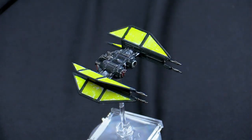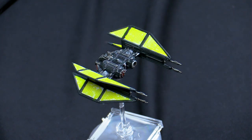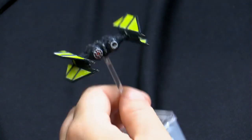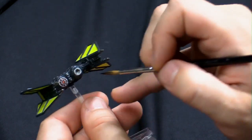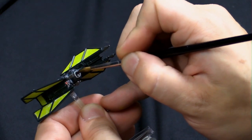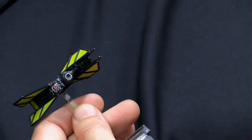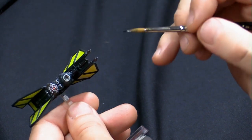Where did I put that? There we go. Yep. All right, so kick that off, and